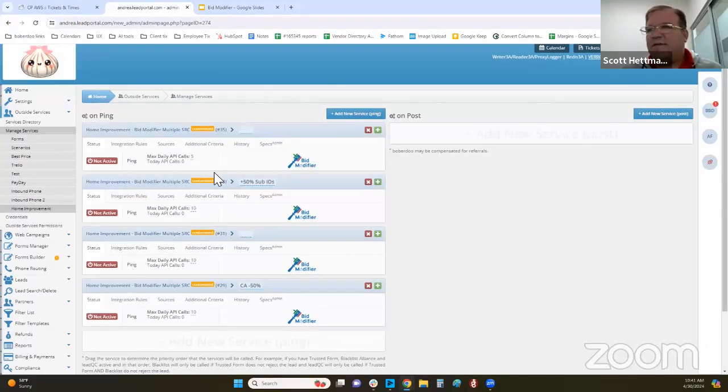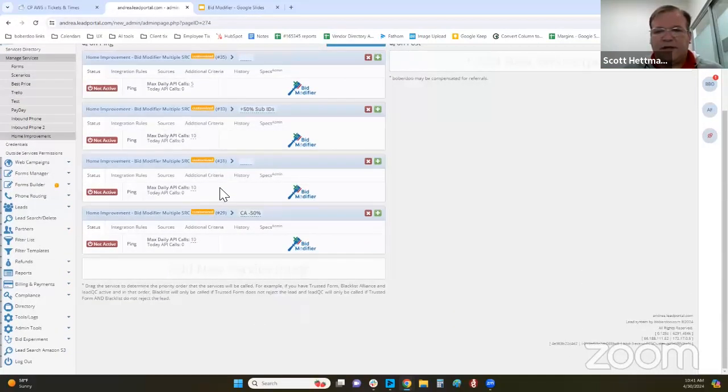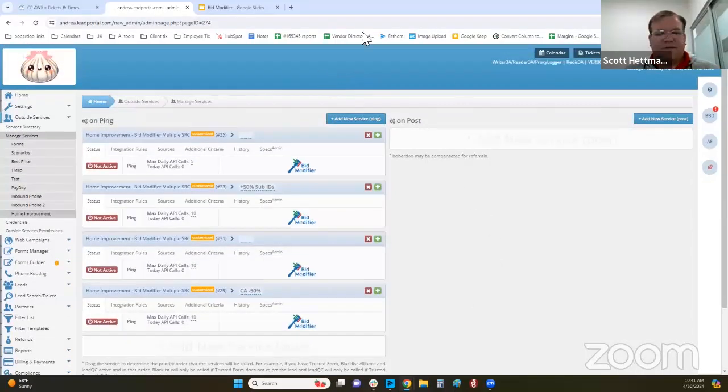So that's 4 ways that you can use the bid modifier to adjust the calculation for the bid on your incoming ping without having to. Again, if it's something you're interested in, please open a support ticket and the team will get it in there as soon as